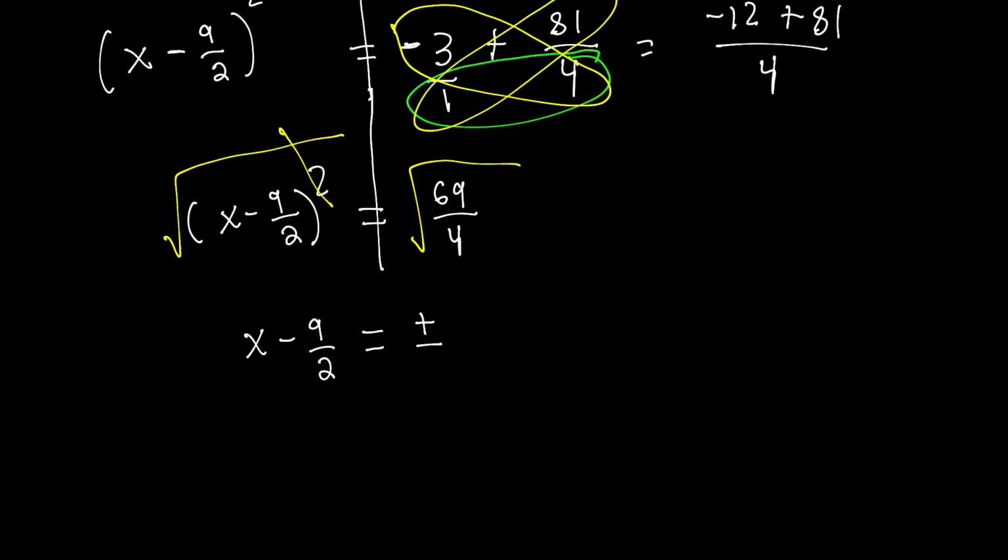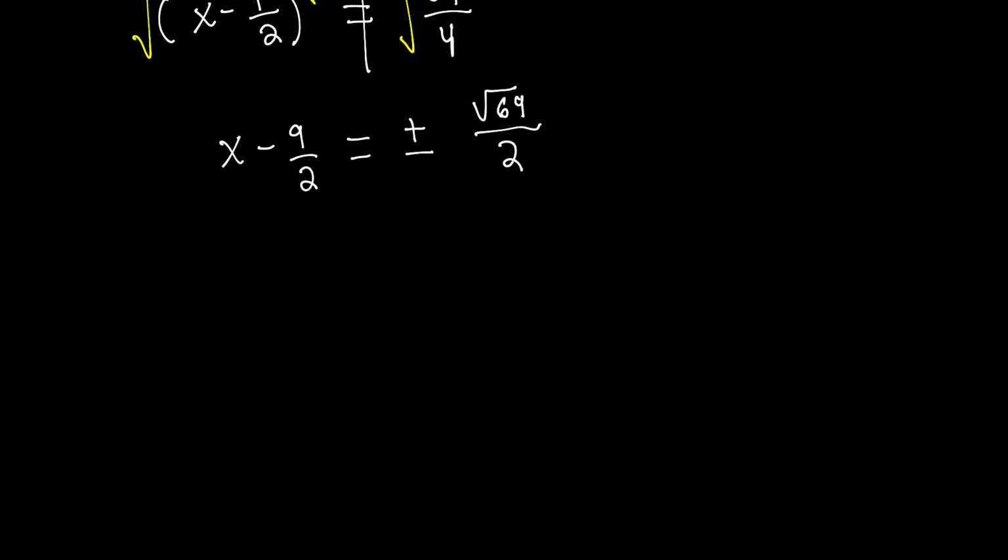doesn't have a perfect square, so we're going to leave it as a square root of 69. The 4 does have a perfect square. The square root of 4 is 2, so that one we can simplify. Now to finish this problem, we need to isolate x, so I'm going to add 9 over 2 to both sides. On the right hand side, the 9 over 2's are going to cancel out, so I'm left with x equal to, and again keeping the convention of putting this number in front, 9 over 2 plus or minus root 69